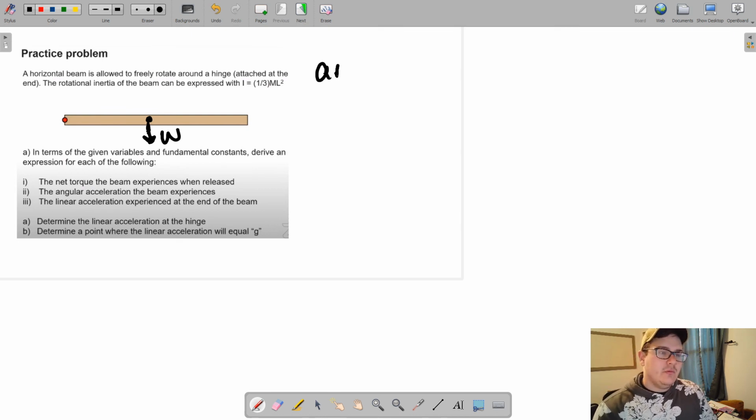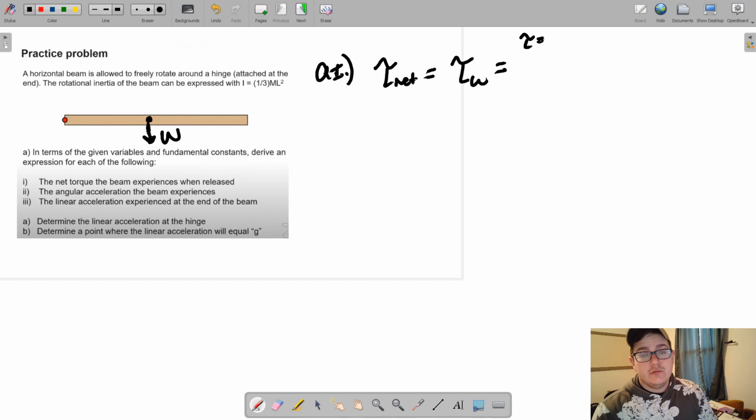So in part 1, we get net torque is something that they want us to simplify for and solve. Well, the only thing causing this beam to rotate would be its weight. So that's the torque from weight. To calculate torque, if we remember, torque equals F r sine theta. We can then say that the force is going to be weight. The radius here, if this whole beam is a length of L,